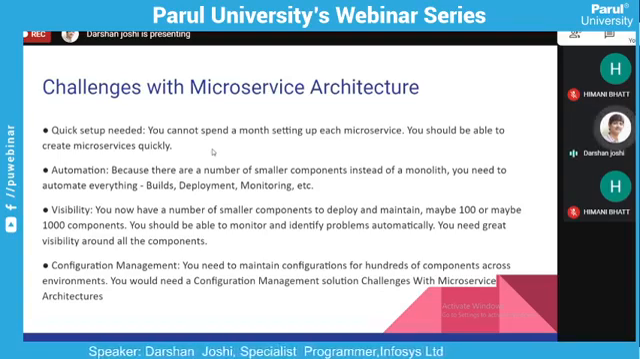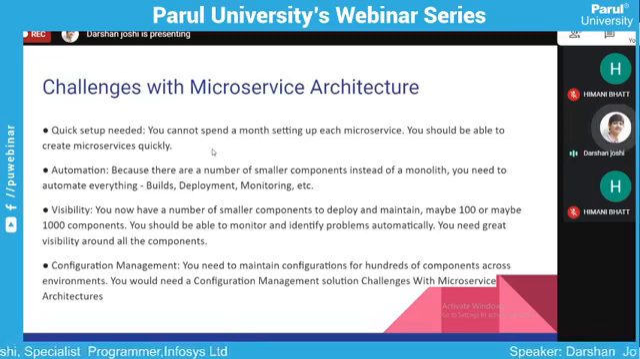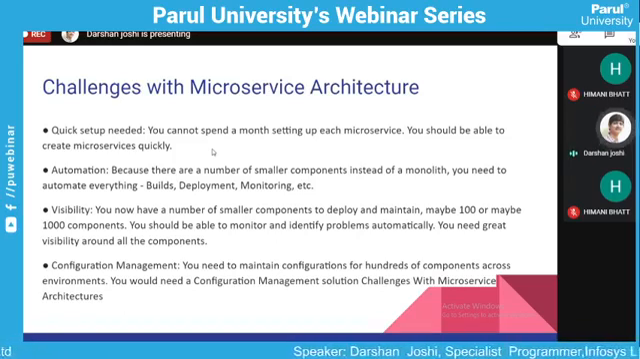Visibility. So you now have a number of smaller components to deploy and maintain, maybe 100 or maybe 1,000 components. So you should be able to monitor and identify problems automatically. You need great visibility around all the components. These components mean all the services. So whenever you deploy 100 microservices, you need to keep an eye on them. You can't keep an eye on 100 microservices, right? So you need to automate the fault things, and basically you just have to monitor and identify the problems. It should be automatic,